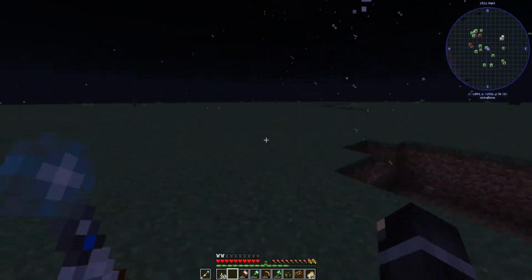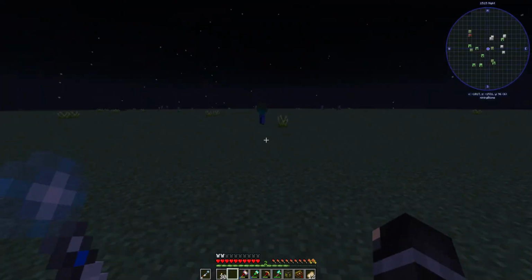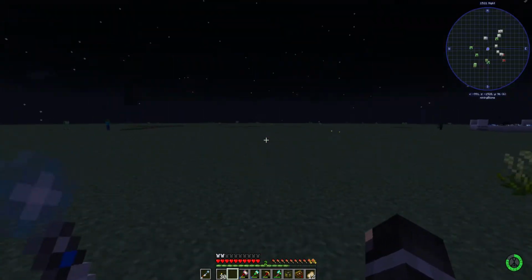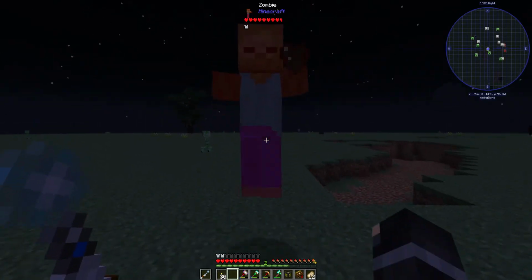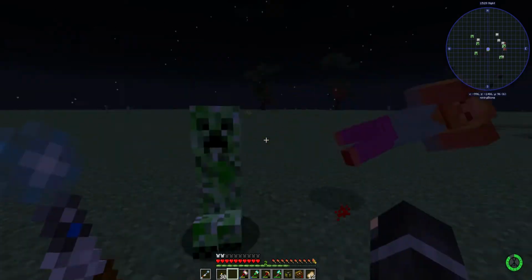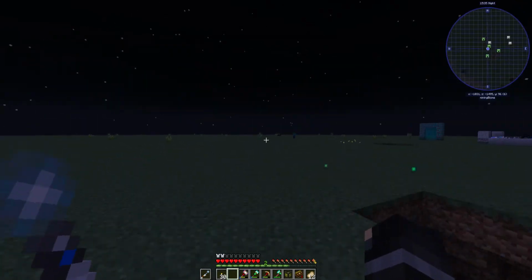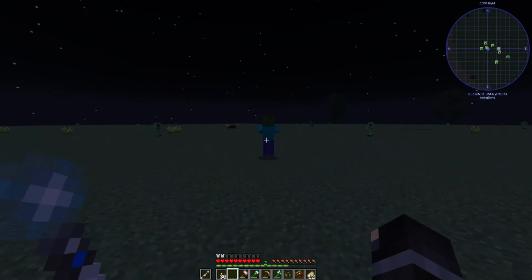I did not get credit for those. Oh well. Come here, zombie. Hey, there we go. Come here, zombie. Run away from that guy, because we don't like creepers. They explode on us. And here's the last zombie. This should get us...